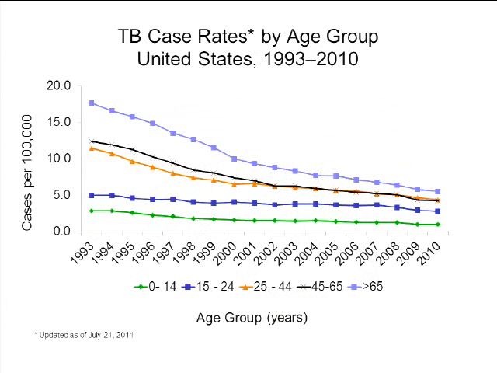If you look at age group, you'll see the incidence per 100,000 overall has been going down for many of these groups, but the highest incidence now is in those older than 65. Epidemiologically, this is simply based on the fact that the older you are, the longer you could have been exposed, or the greater chance you could have been exposed to this bacteria. The younger you are, the lower chance of being exposed. As you live longer, you get a greater chance of being exposed. So age is really easy to see.